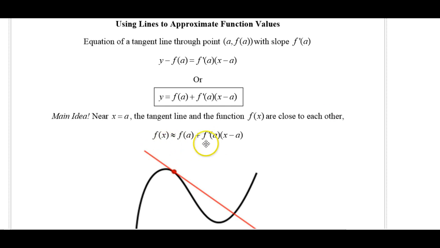So this statement here says that f of x, that would be the curve, in this case the black curve, is approximately this right here, the tangent line, near the point of tangency. So right here in this little interval around the point of tangency, this red line is pretty close to the